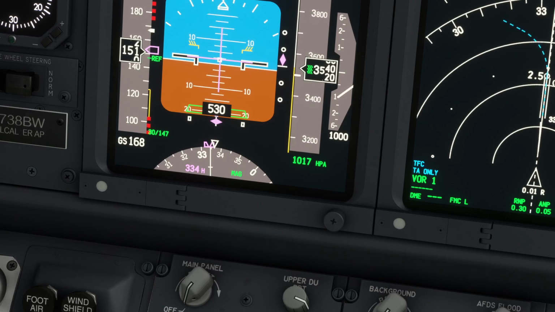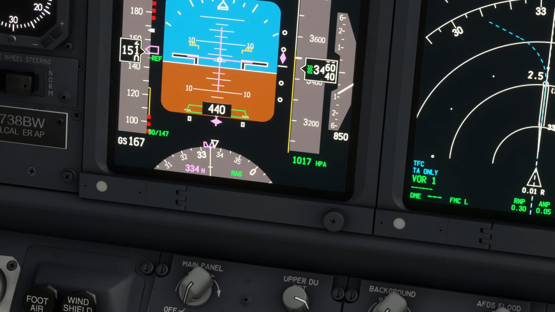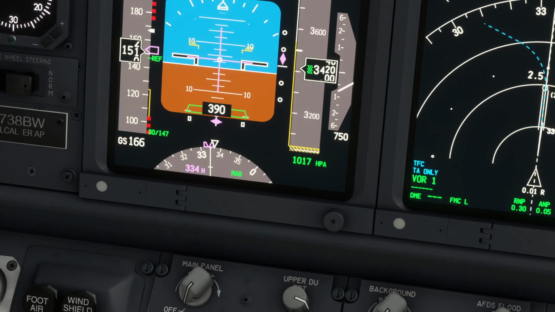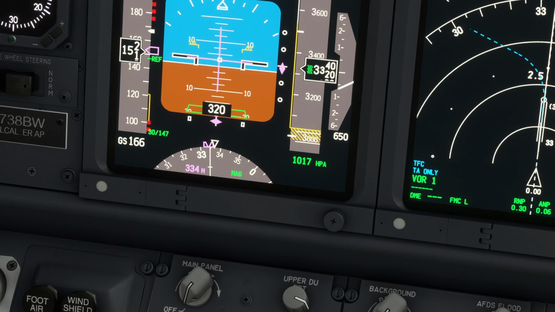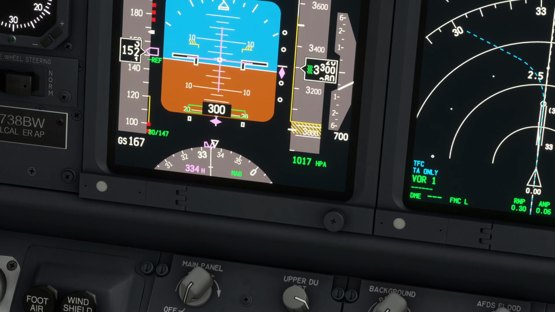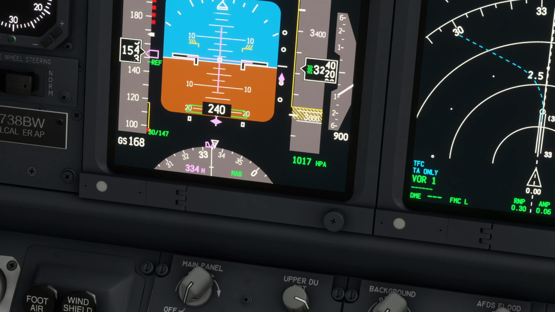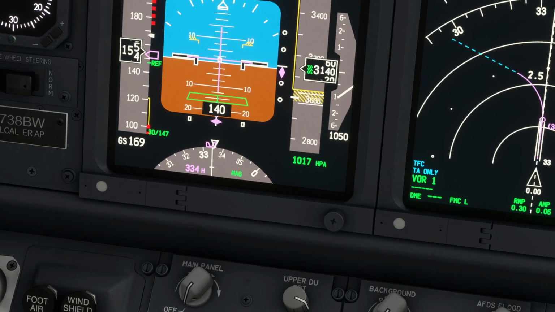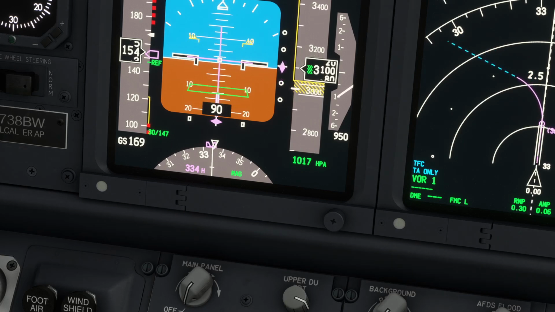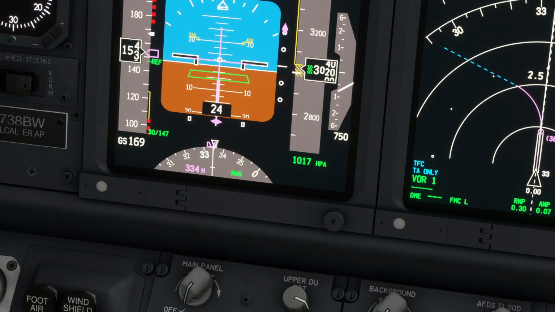Here we go for the 500. 500. Now 400. 400. Now 300. 300. Next one is 200. 200. 100. 50, 40, 30, 20,